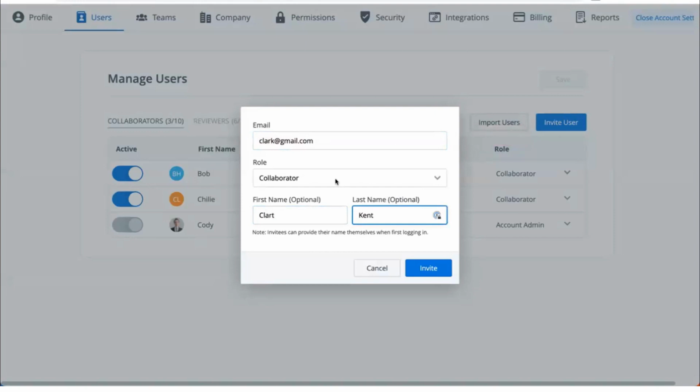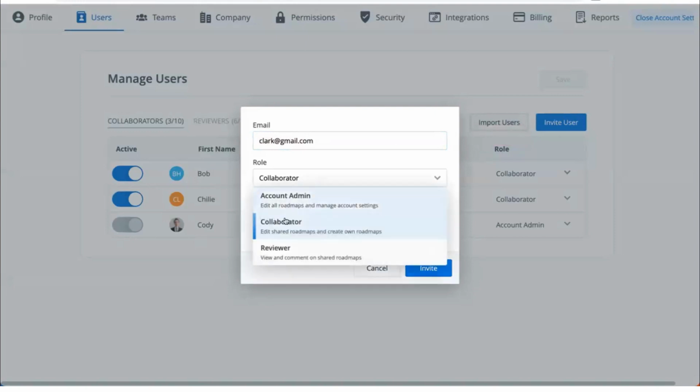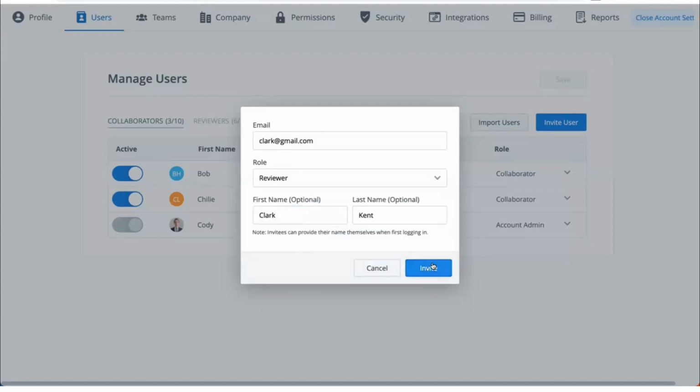And now that I added Clark, oops, let's adjust that. Now that I added Clark, you'll see here that you need to select that role for that individual. So again, if I gave Clark the account admin access, they would also be able to go within the account and set up the rest of the team for success. But in this case, I would like to give Clark the collaborator's license. But just in case I accidentally gave him a reviewer's license and invited them,